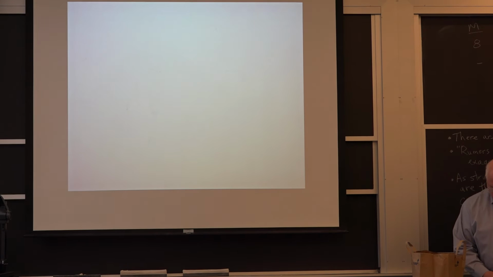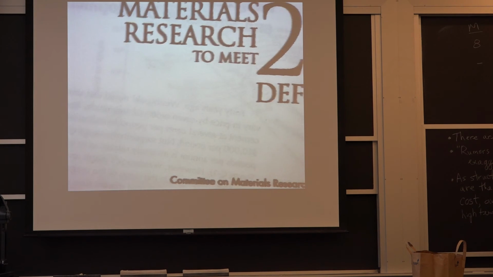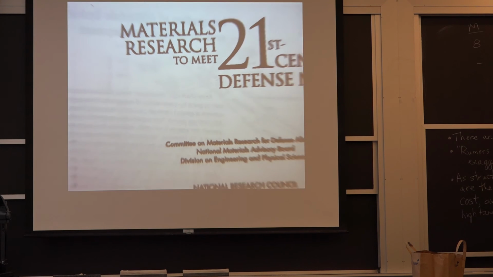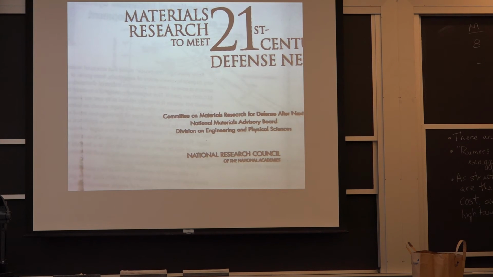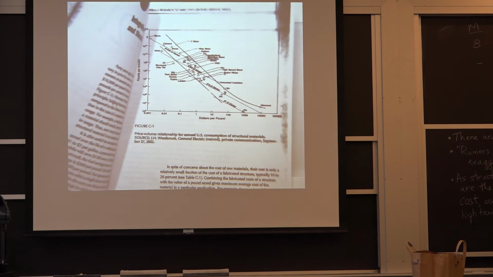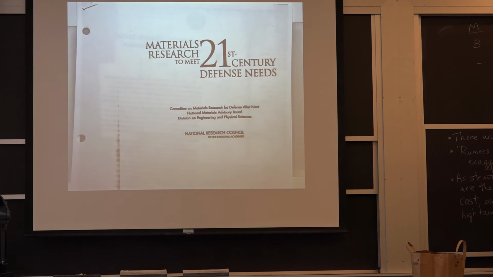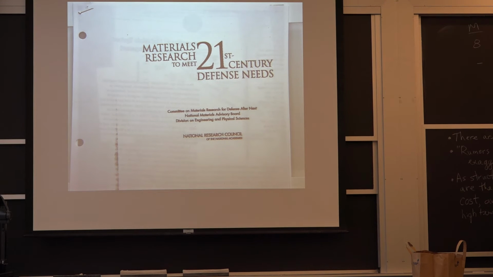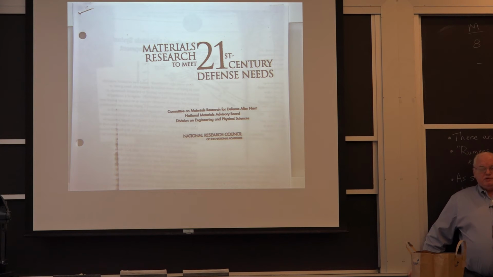Then there's a handout that is the summary of this course, okay? And I don't know if we've mentioned this in this class, but this is a handout from a committee I was on once in early 2000. I think it's a 2002 or 2003 copyright. This is a National Academy of Sciences report, or National Research Council report of the National Academies, on materials research needs for the Defense Department in the 21st century.